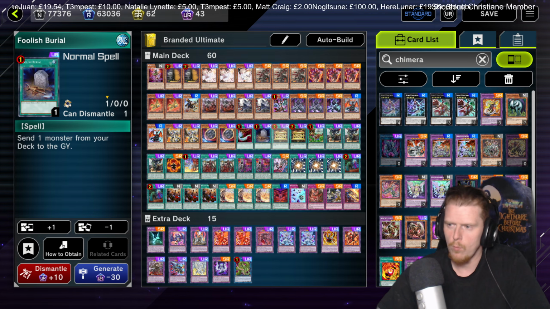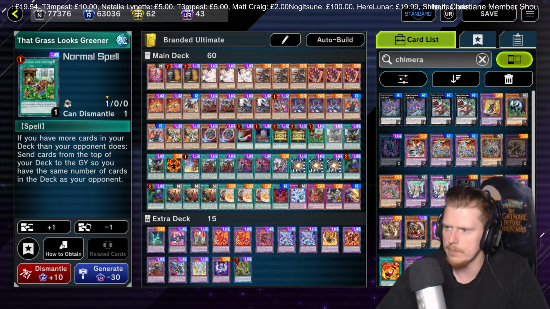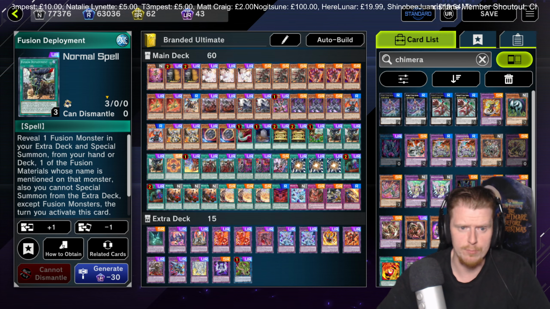Foolish Burial at 1, Gold Sack at 2, Pot of Greed at 1, obviously being limited. We have Fusion Deployment at 3, just because it's a banger of an Albaz play. Especially a good Ash Blossom would...